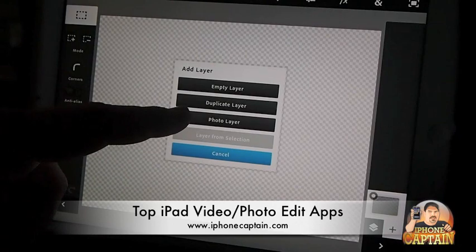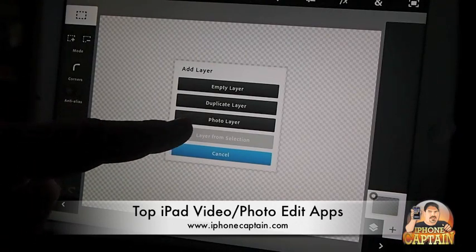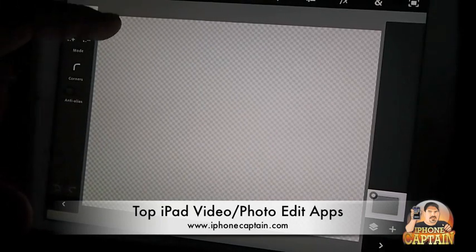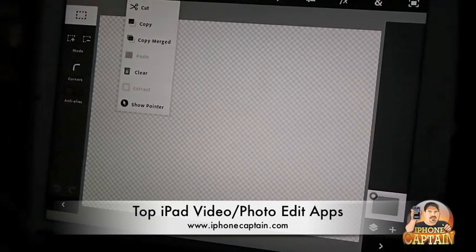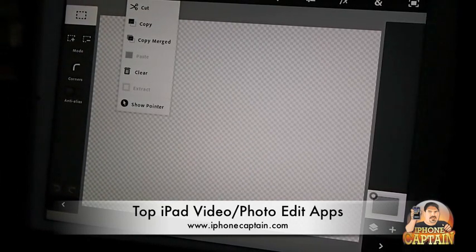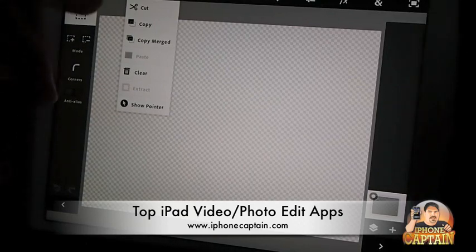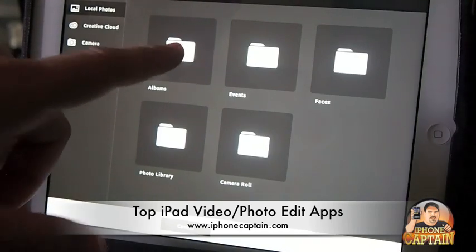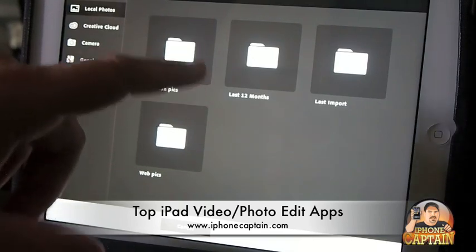You got empty layer, duplicate layer, photo layer. I mean, guys, it's endless what you can do here. And then you've got, of course, your cut, copy, merge, clear tools. All that's up here. And you can add an image from your local files, or from Creative Cloud, or from the camera, or Facebook, or Google. So let's see if we can select something here